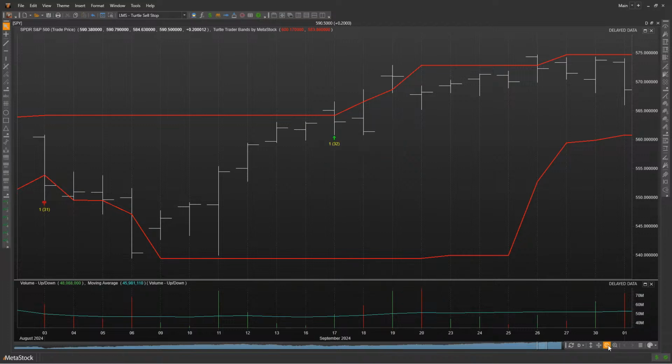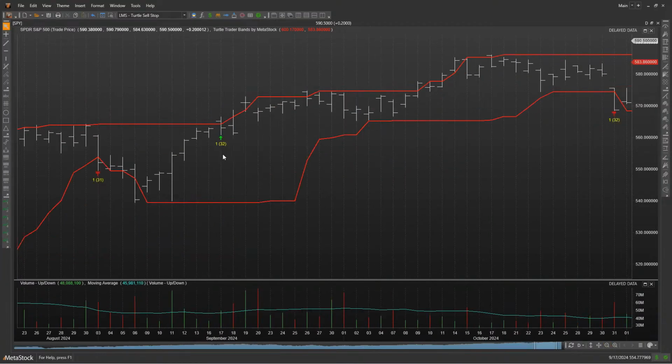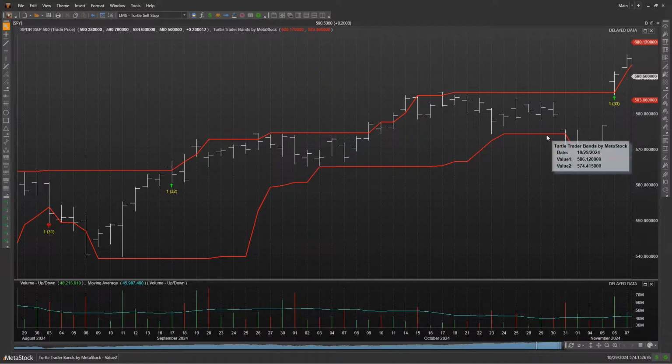The whole idea here is that if I know what the upper band is, I could theoretically place a buy stop with my broker, and I'd know exactly what price I would enter into the market. I also know the value of this lower band. If I scroll over here, I know this lower band in this case has a value of 574.41. And if you hover over that, you'll see that's exactly the price that you exited at. See that? All right. So by doing that, like I say, that helped out quite a bit.